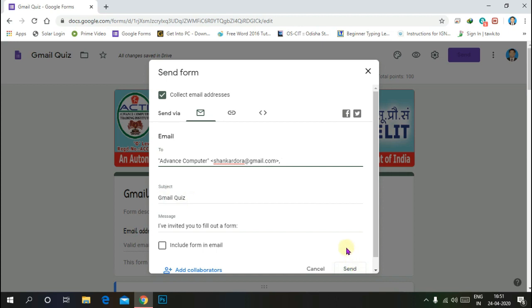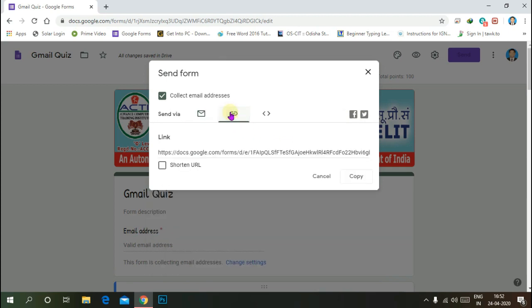If you don't have the email address of your recipient, you can send it through SMS, WhatsApp, or also socially share your quiz through Facebook. Look, there is a Facebook icon available, Twitter, but you can also share manually by generating a link. Let's check how to generate a link to share. The second option is link, but the link is too large.